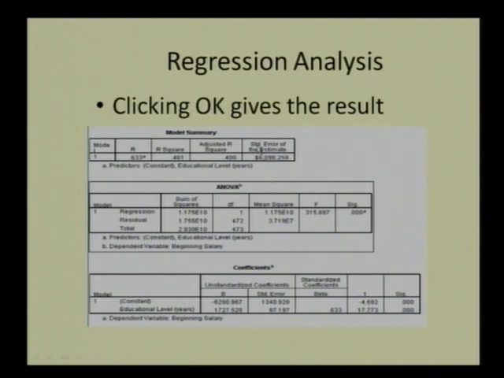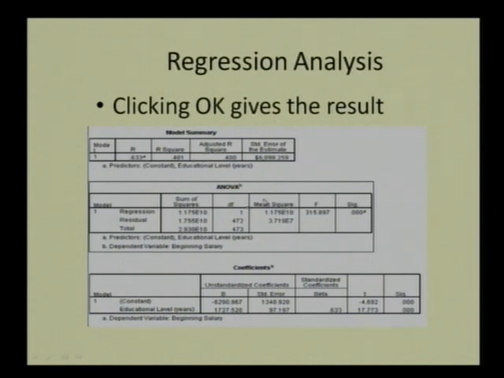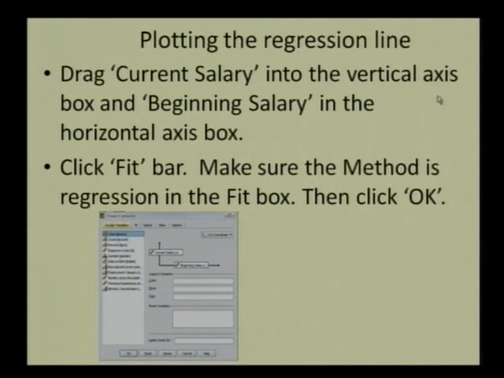So likewise, now SPSS has given the output. Now the choice is left to you how to analyze it and how to interpret it. SPSS will give the output, but it will not help you to interpret. SPSS will not give the idea of what you enter in your particular windows; you have to decide that. As we are dealing with a machine, we have to impart instructions to the machine, and whatever instruction we impart, SPSS will perform on it. Again, if you wish to plot the particular line, go to the fit